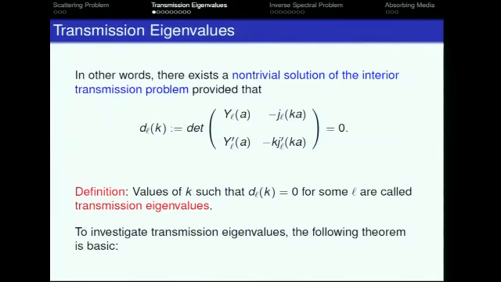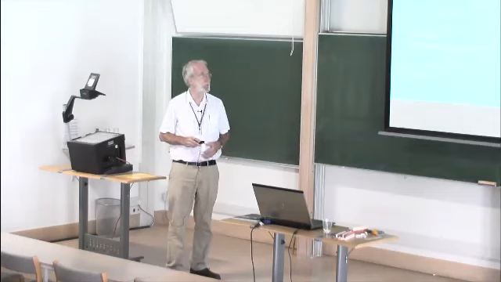So in other words, if this isn't identically zero, there can only be special values of k for which there is no scattering. And the incident field in that case would be the spherical Bessel function times a spherical harmonic. If you sent that field in, and you had k such that this determinant was zero, there'd be no scattered field. And so the question is, when is that possible?